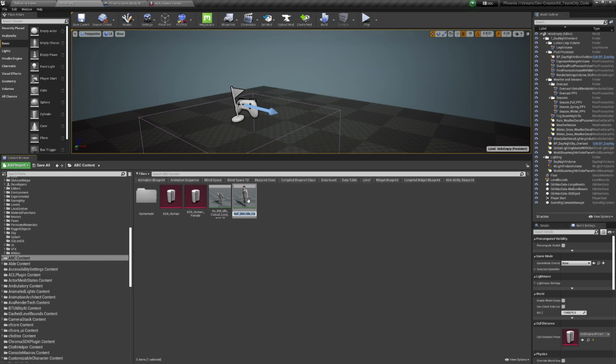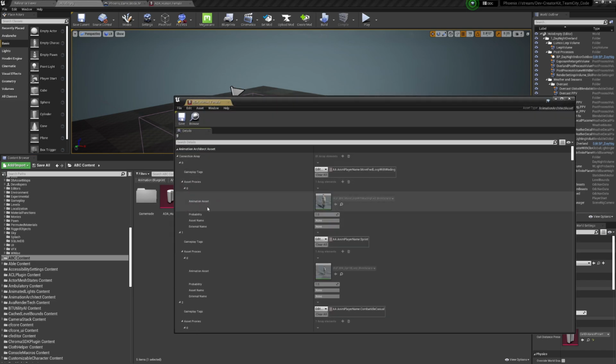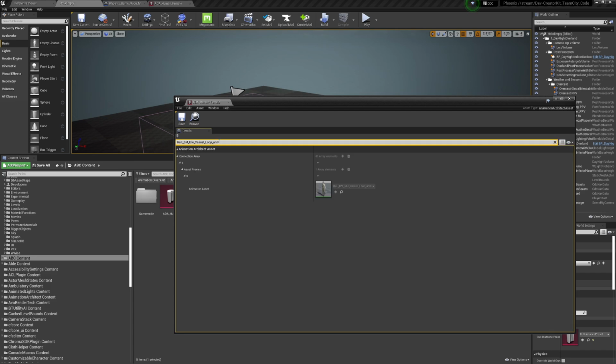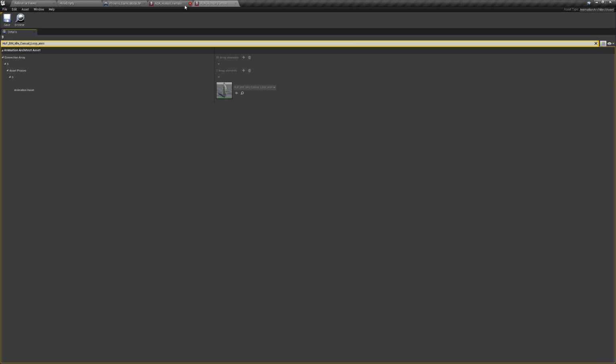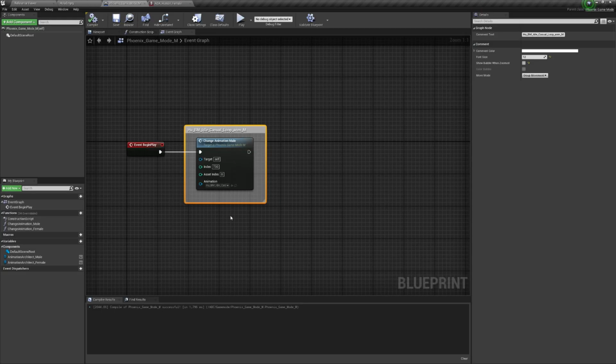So once again, we have to get the connection array index number and the asset proxy index number from the ADA human female file by copying and pasting the original animation's name into the ADA file. In this case, the numbers were 5 and 0. Now going back to the game mode blueprint,